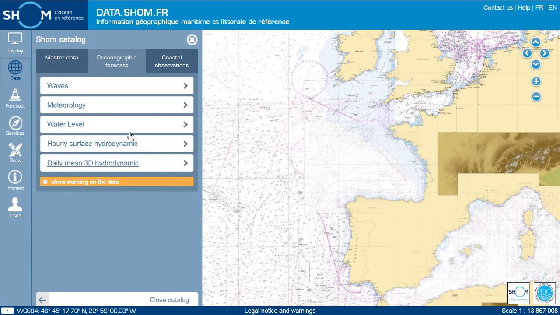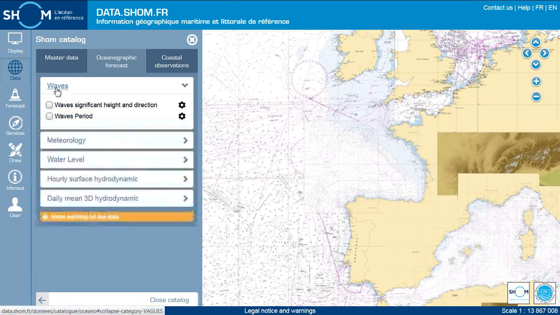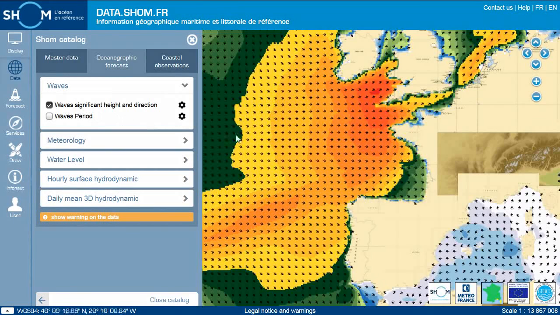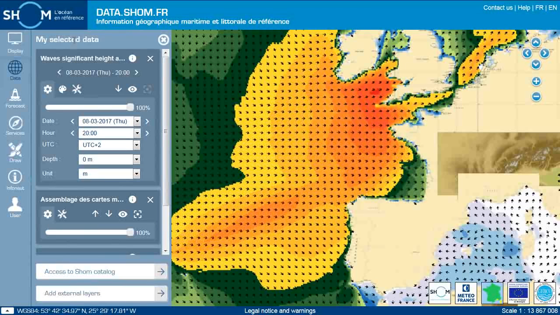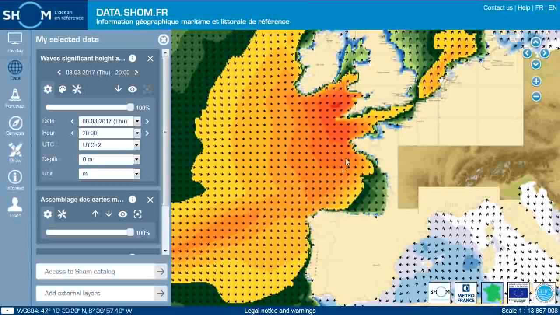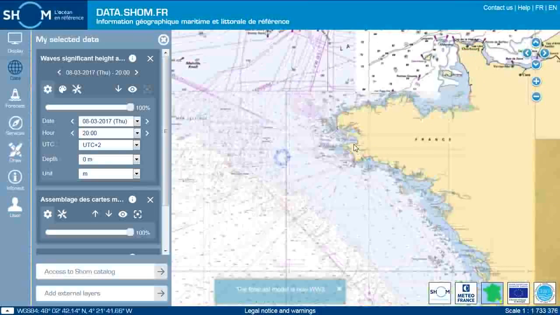So let's see the results with wave forecast maps. You can close the SHOM catalog to access your data selection and the layer. Please note that depending on the zoom at which you are visualizing the data, the portal will display the most relevant model available. For example, here, at that scale, the portal displays MF1 models, whereas if we zoom to the coast, a